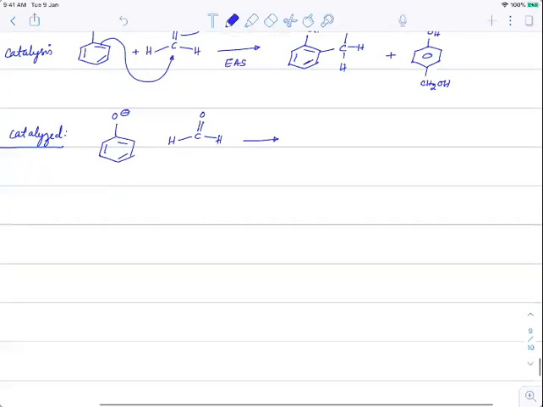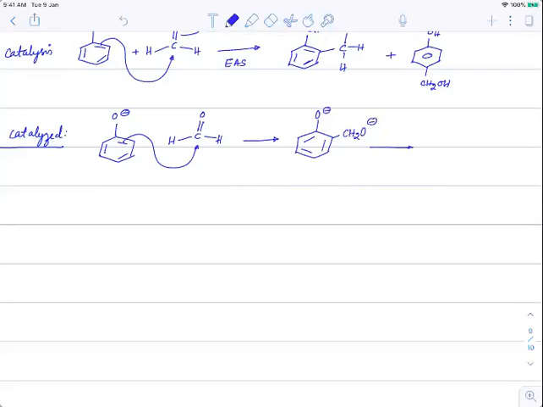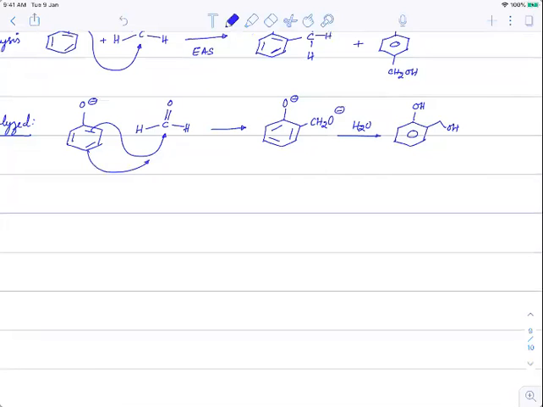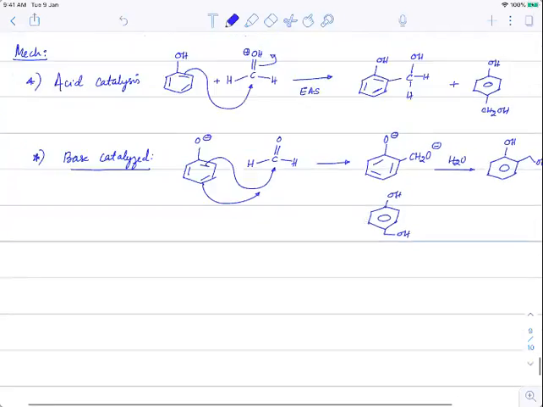Okay, check this. So this pi bond would attack here, and thereby I'm writing directly the steps without any. So O minus आ जाएगा इधर, and CH2O minus आ जाएगा. Okay, that finally on a reaction with water give us alcohol. This is how we'll get this as alcohol. The same thing can happen at para position also. यहाँ से भी attack हो सकता है. So therefore, I'll write both the products here. So we'll have OH and OH. These are the two products you'll get.